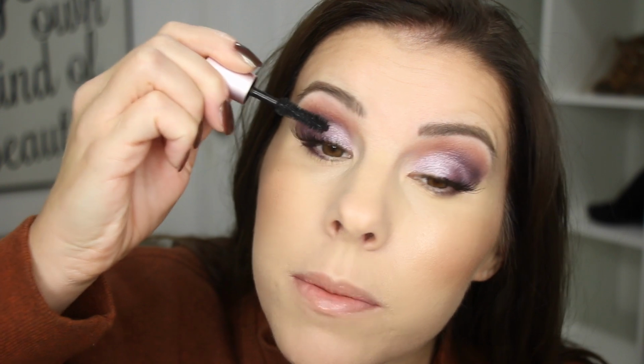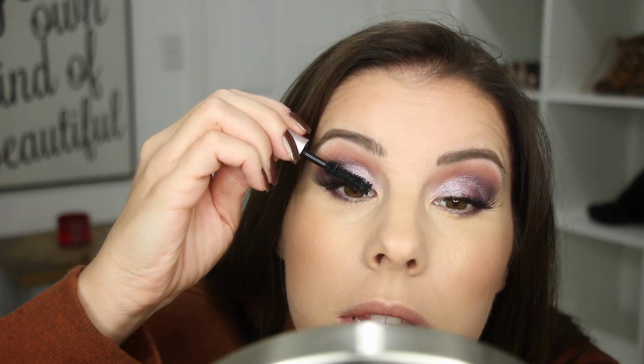I'm just gonna take mascara and focus it on the first half of my lashes, just because these need to get darkened up so it matches with the outer corner. And then I will run some mascara through the last half, but just mainly focusing it on the front part. Something else too that you can do to help, which is a bit tricky, but if you paint mascara on the first part of the top lashes, it'll help to blend